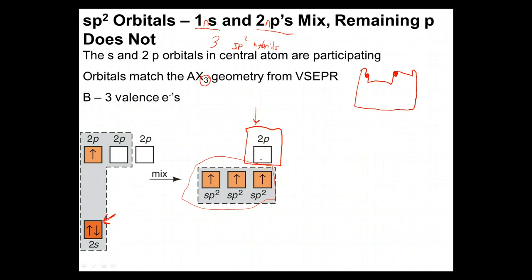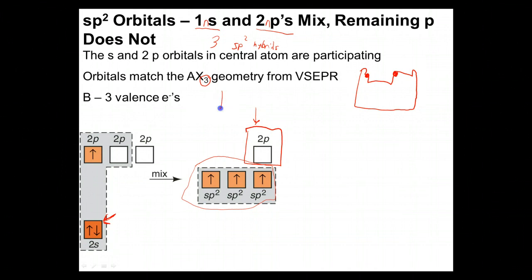Well, I'll tell you who cares in a minute when we actually get to the shape of this in 3 dimensions and what this actually implies about how things are being shared. Okay, so we've got this empty region of space that could allow electrons. In this case, it isn't. We have 3 regions of space with electrons. They're all going to be spaced out evenly, and we know that AX3 family of geometries is going to be